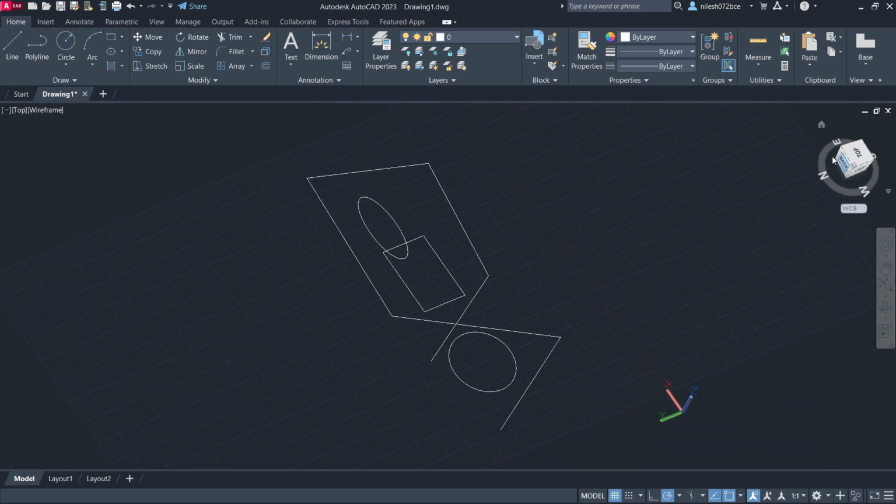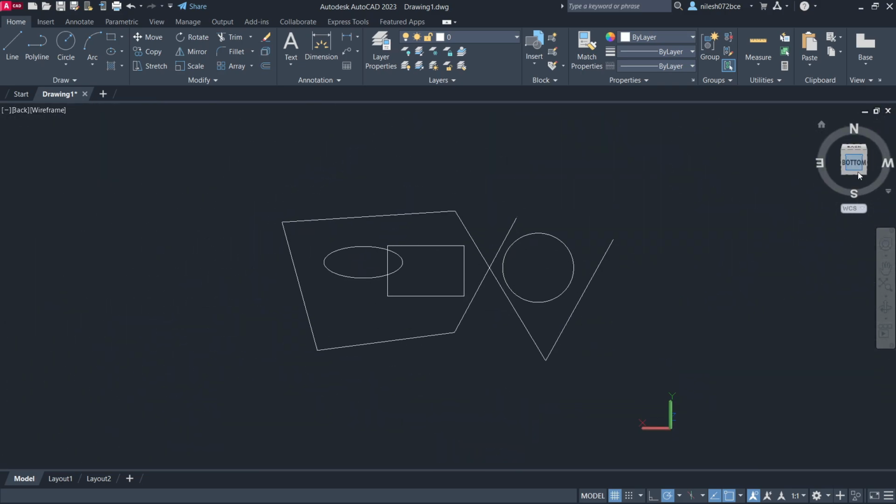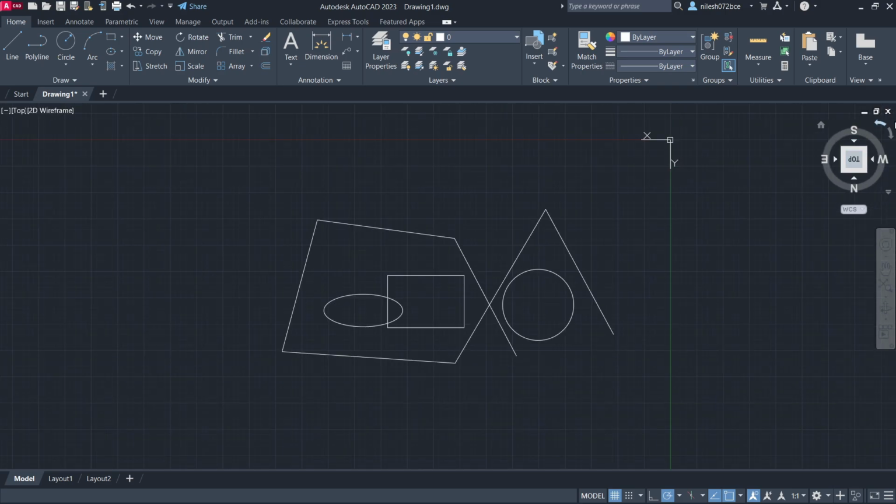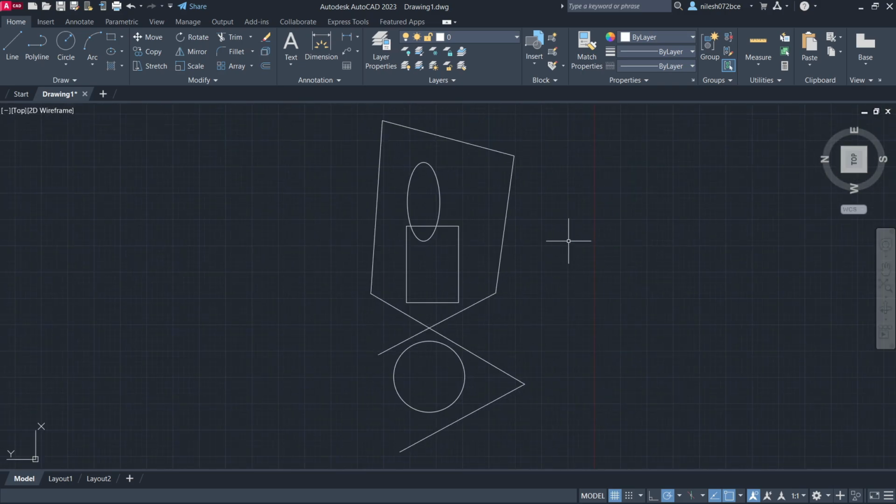And let us rotate now. Okay, this is top. And to rotate the drawing, you can see in the view cube the east is up, north is here, but we don't want the north here. We want the north on top and east at the right, south at the bottom, and west at the left.